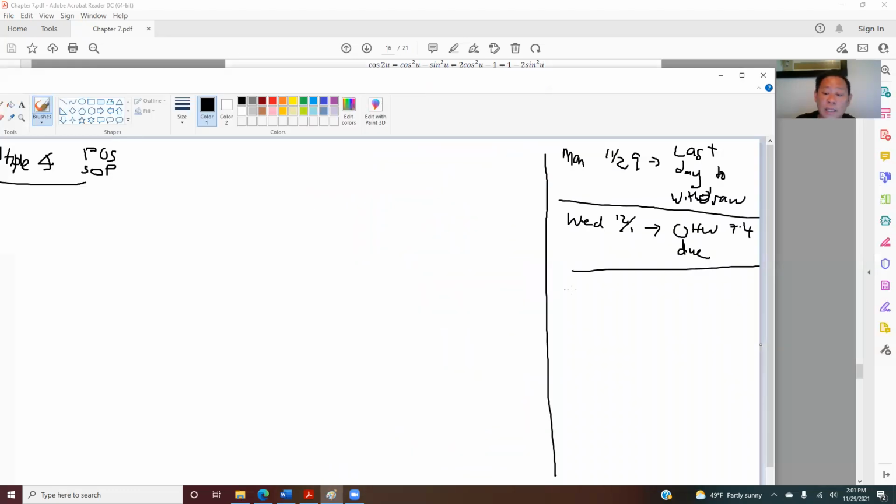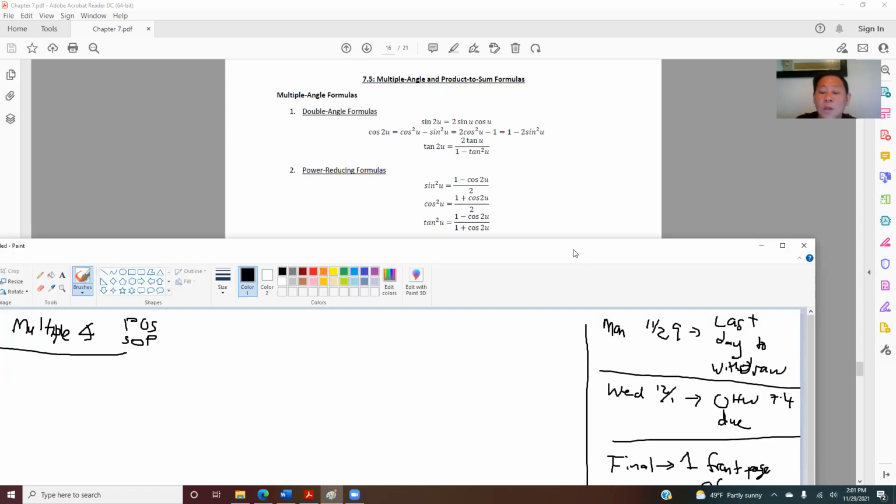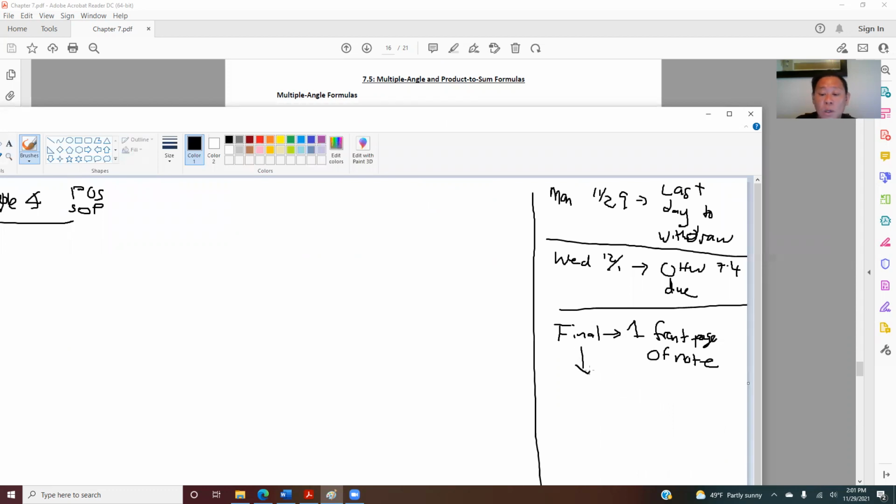And as you guys know, in your final you are still allowed to bring one front page of notes, like what you did in your previous test. I recommend you use it. If you want to write or print out small or something else you want to do with this, please do so. So your final only consists of chapters 7.4, 7.5